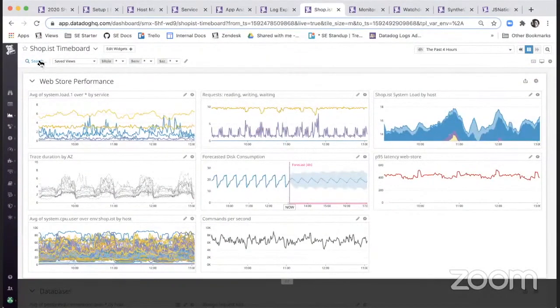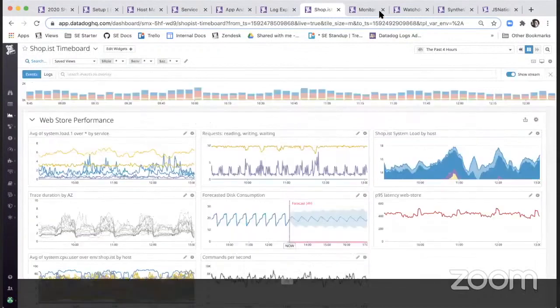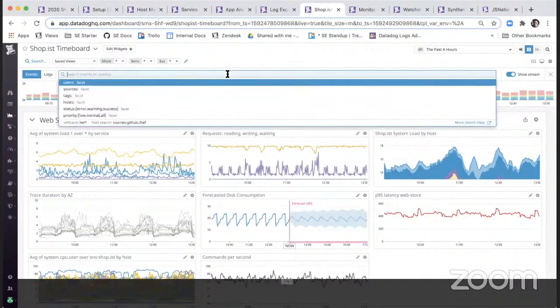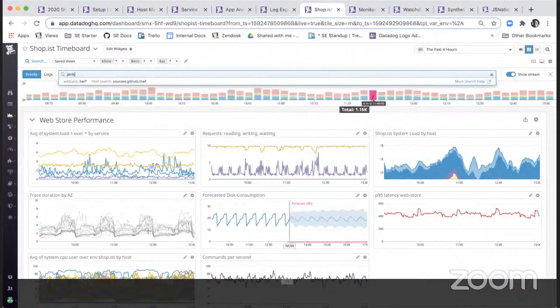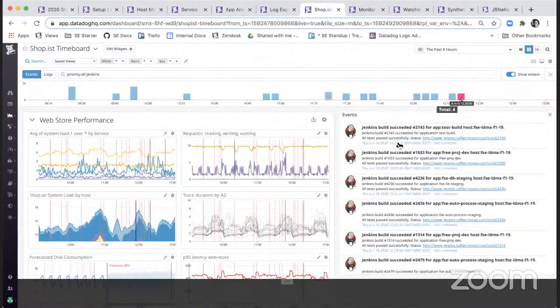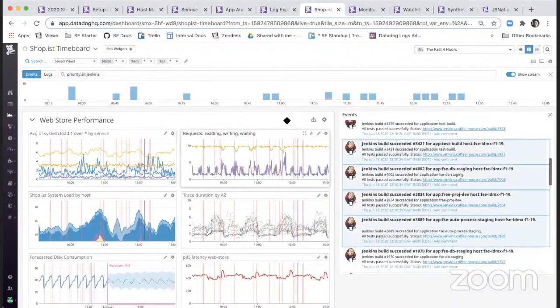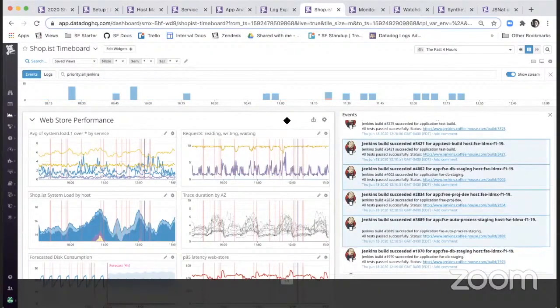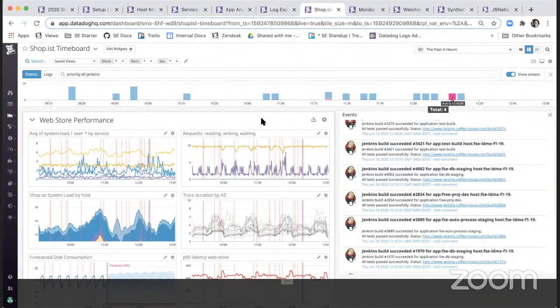One way to troubleshoot issues is to see if we have any sort of events that might be correlated with our metrics. So we can overlay, let's say, our Jenkins events next to our metrics, and each event is indicated by this pink line that we see right here. And this is going to help us hypothesize if maybe these events could have caused particular spikes in our metrics and troubleshoot from there. So it's a great way to overall check to see what might be going on